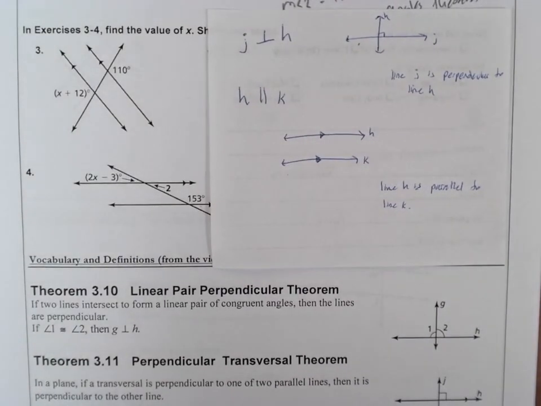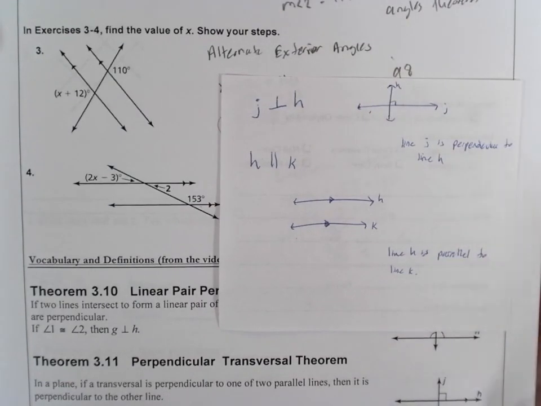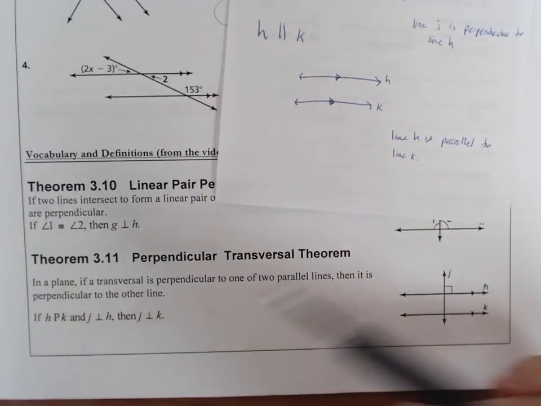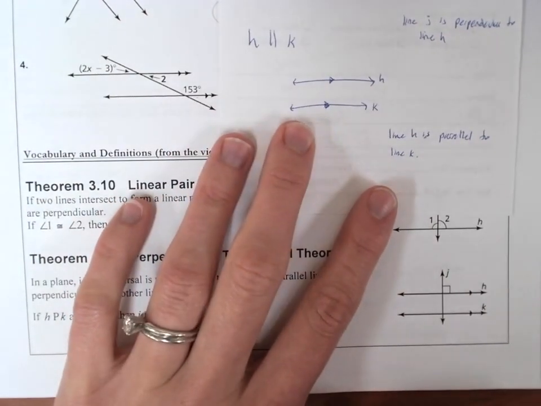In this video, we're finishing up finding angle measures formed with parallel and perpendicular lines. I just wanted to make sure that we have talked about this notation before. So if we look at this diagram down here, we have some notation I want to make sure we can recognize. We'll come back and look at these theorems in just a minute, but this notation tells us J